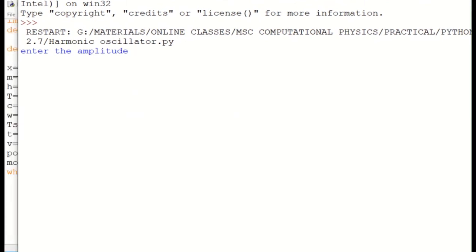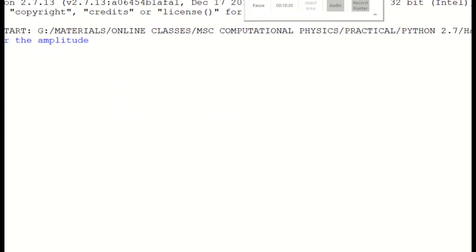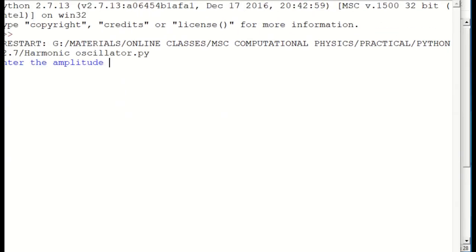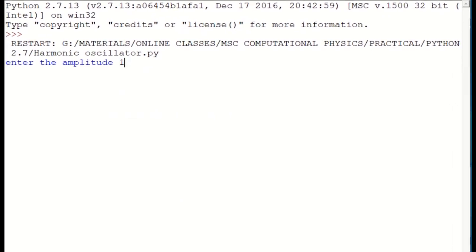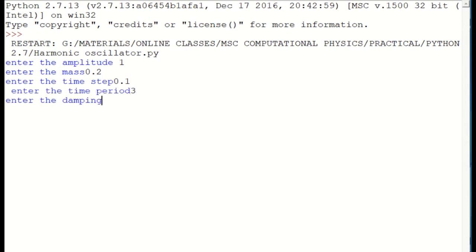So let's try. Enter the amplitude. Amplitude is 1. Mass is 0.2. Time step 0.1. Then time period we will choose some 3 seconds. Enter the damping, we'll choose 0. Time of simulation some 15 seconds.